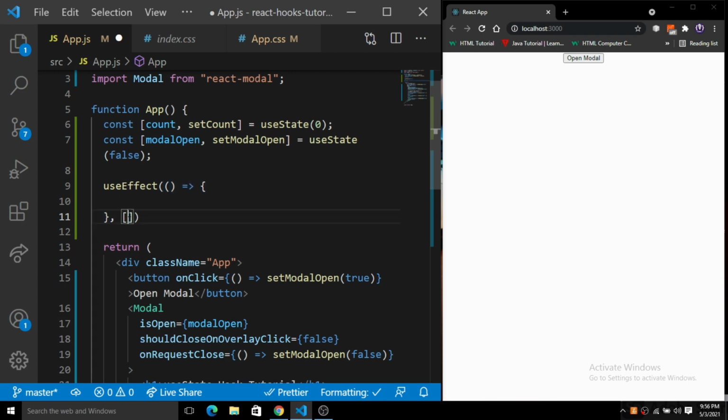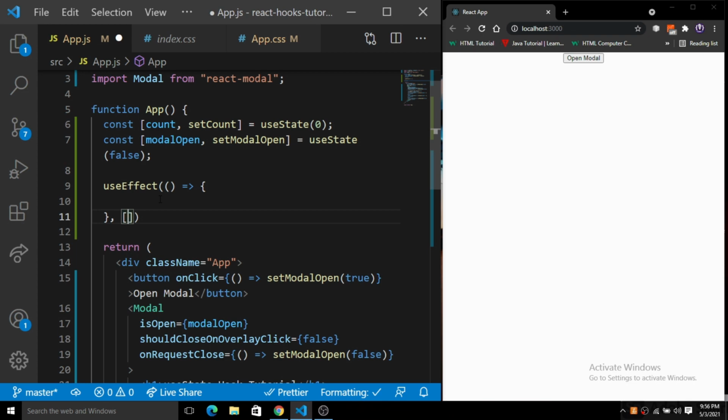When you pass dependencies here, then it will run as many times as the dependencies state changes. I will explain it through an example which will be very clear. One more thing, React useEffect is preferred because it prevents the application from going into a memory leak.